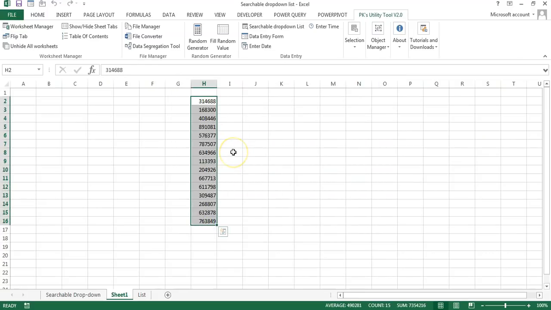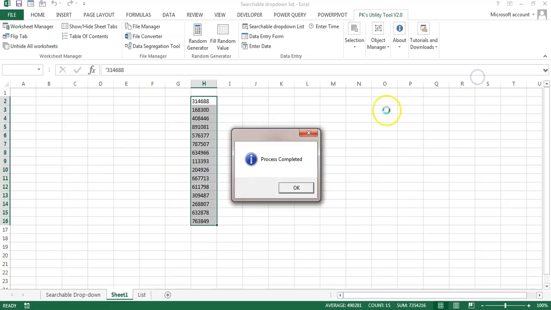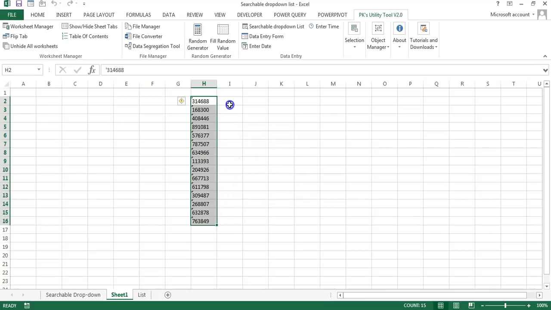Many times we use employee code for putting some VLOOKUP. But let's say in one file the employee code is available in text format, and in the second file it is available in number format. What if you want to convert the number format to the text format? Then this can be useful. So let me show you. Go to the selection. Make sure you have selected those employee codes or any other numbers. Whatever number is available can be converted into tags. So go to number to tags. Then you can see it has been converted to tags.